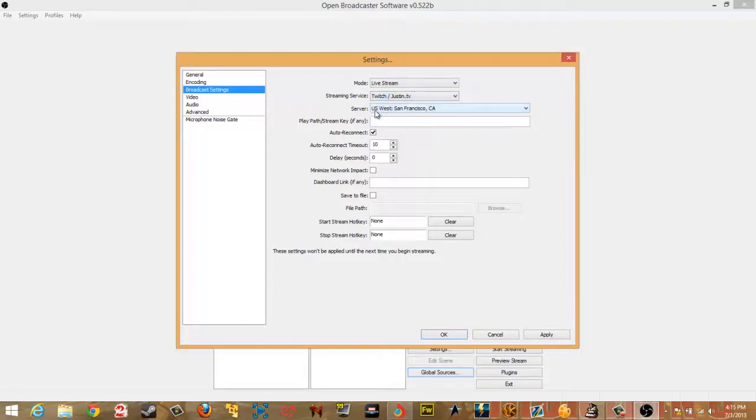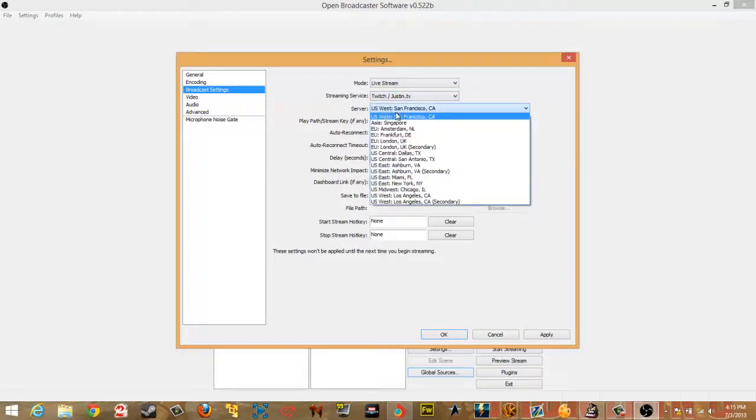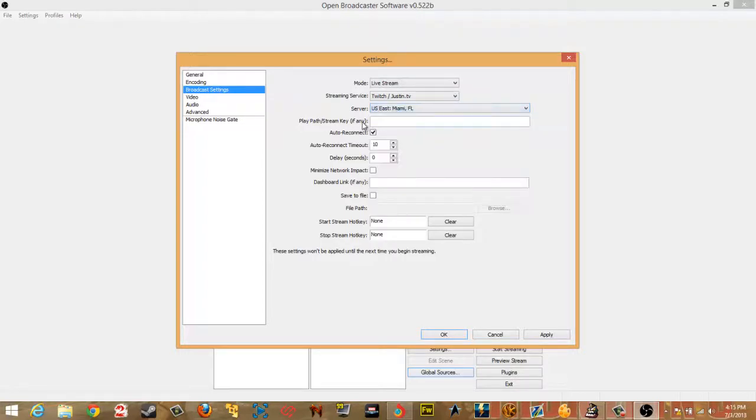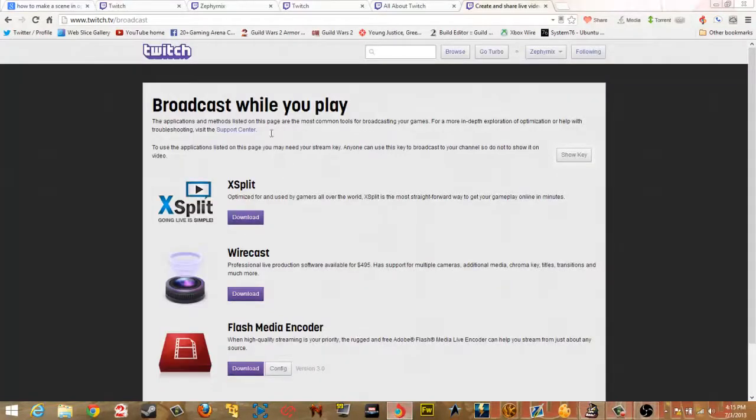After that, it'll ask you which servers you want to use. I always recommend using the servers closest to you. For me, it's Miami, Florida. And then it'll ask you to put in your play path / stream key, which is very easy to get. For Twitch, what you want to do is go to